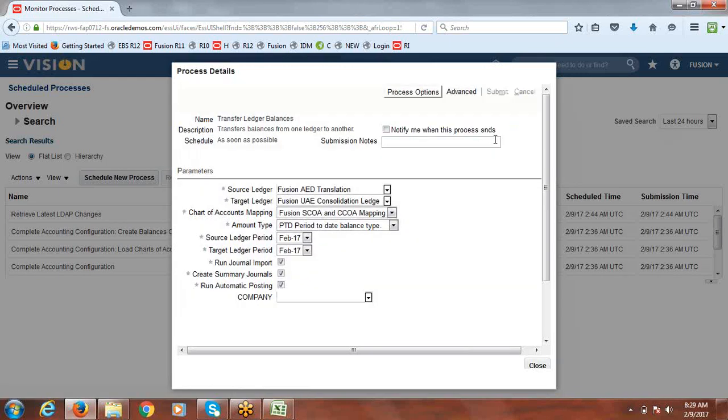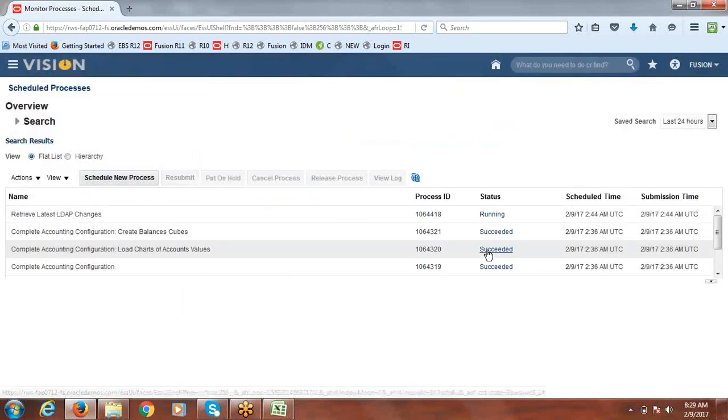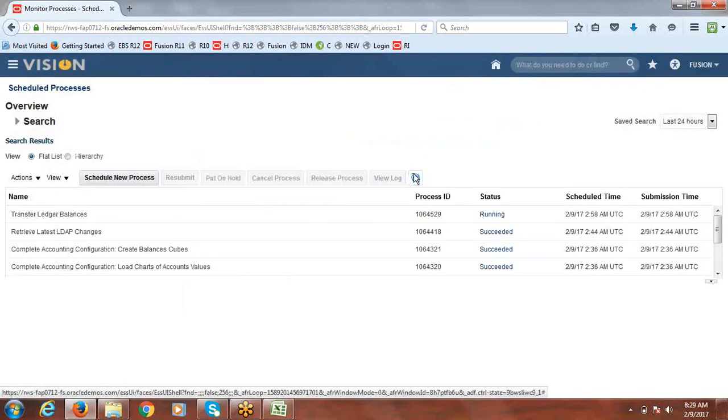Say okay. Now the translated balances we have in the subsidiary ledger will be transferred to the consolidation ledger.